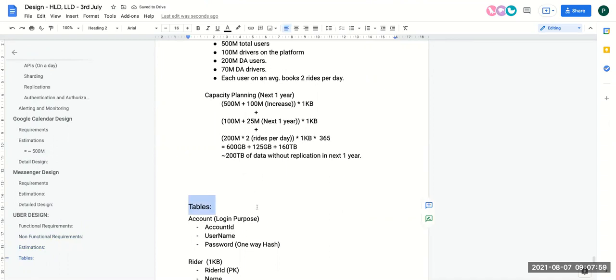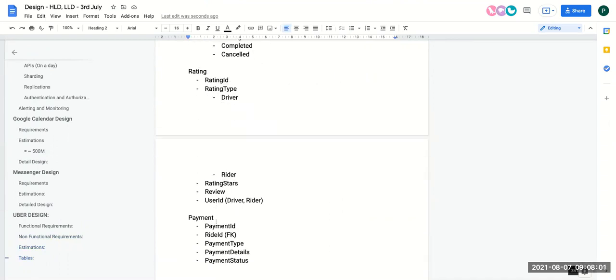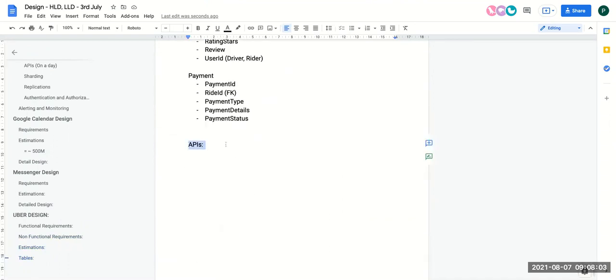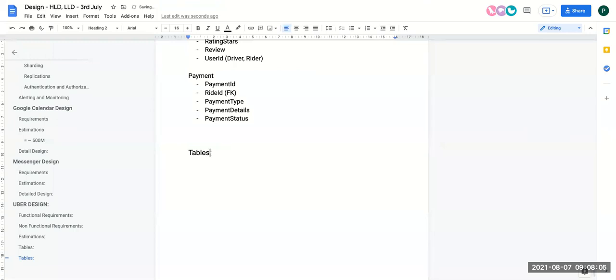So we've worked on tables. Let's work on the APIs. What are the different APIs we'll need for this? Let's quickly do it because we have to discuss the main design, and there are some requirements, like how do we predict the ETA and how exactly we are sending the live locations of the driver.